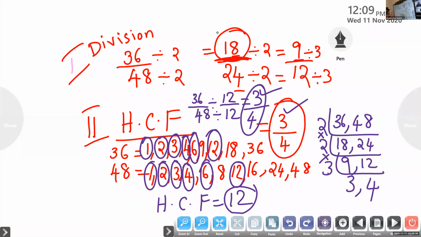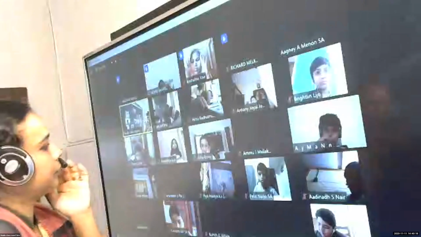Look, ma'am, here we should divide it by the highest common factor, HCF. Yes, here we have done. Look here. In this example, can you see 36 divided by 48? We have found out the highest common factor, 12. At 12, we are using it directly. Divide by 12, then the fraction will be in its lowest form. Yes? Okay, ma'am.